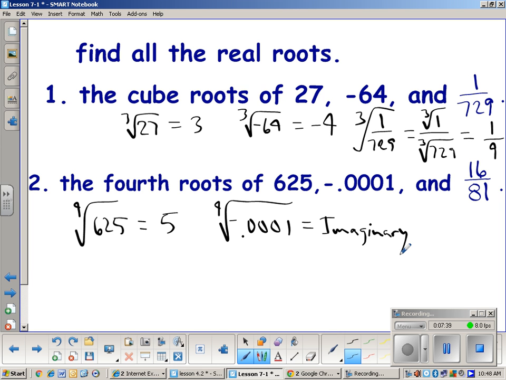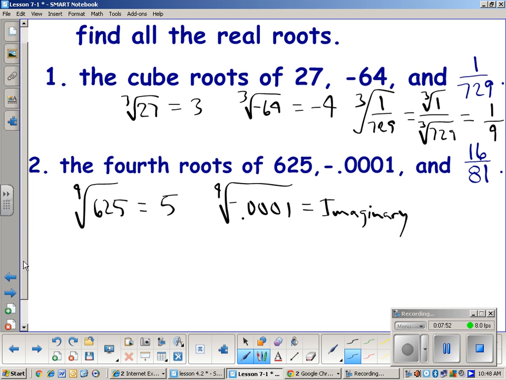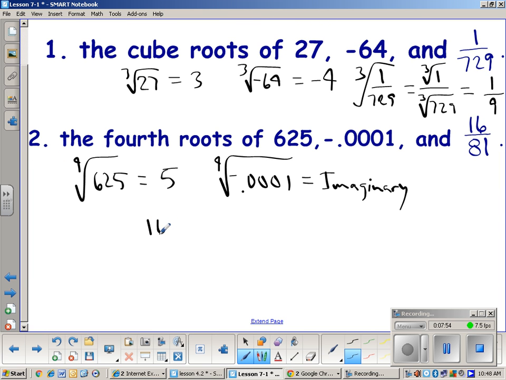0.1i, right? 1/10 would be the 4th root of 1/10,000. Okay? So it'd be 0.1i. But that's not what they're asking for in this case. And so then 16 over